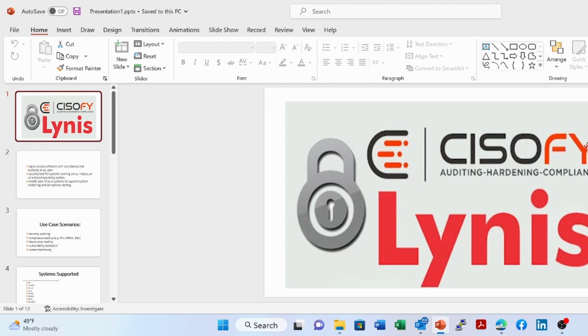They find this tool one of the best for finding out the hardening level of the server, and also for getting suggestions as well as warnings. So what are the different purposes of this tool? The very first one is security auditing, then compliance testing, penetration testing, vulnerability detection, and system hardening. Basically, it provides insight into how well a system is hardened and what you can do to improve your security